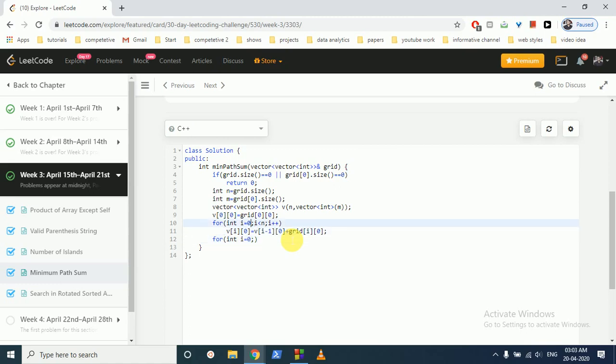We have to move from 1 because we have filled the first value, up to n, i plus plus. v of 0 comma i is equal to v of 0 comma i minus 1 plus grid of 0 comma i. And then we have to move along every unfilled cell of the matrix,